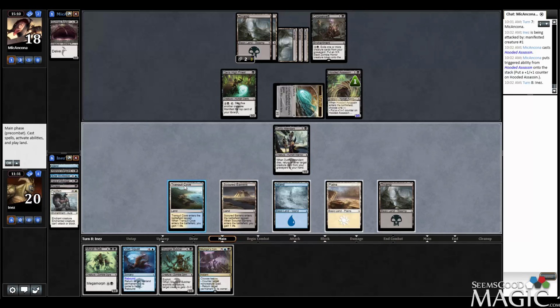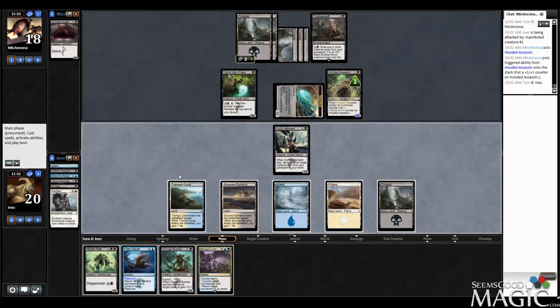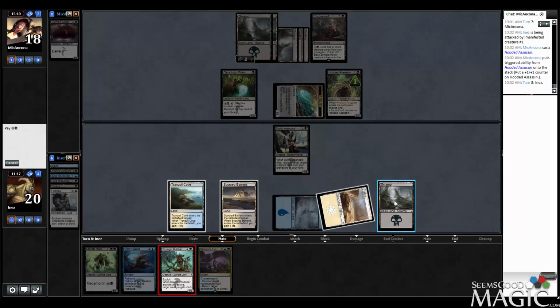Don't really want to play Marsh Hulk, but we don't think he's got removal in hand. We're still 2 lands from being able to flip the Marsh Hulk, which is problematic. I could leave the command up. I don't know exactly how much value I'm getting out of that. I guess we play Butcher